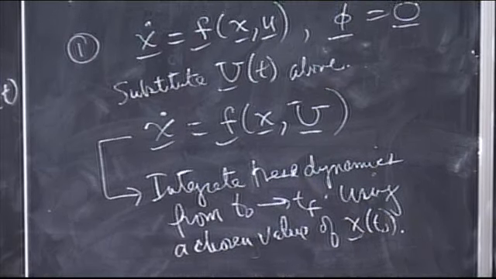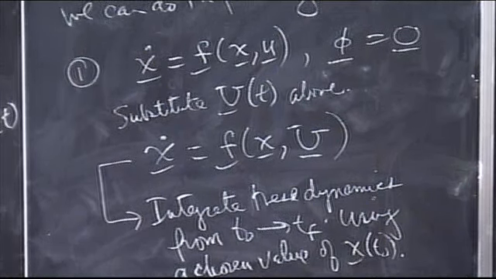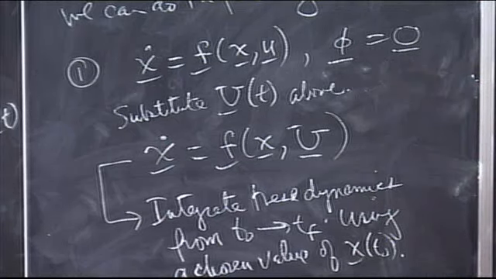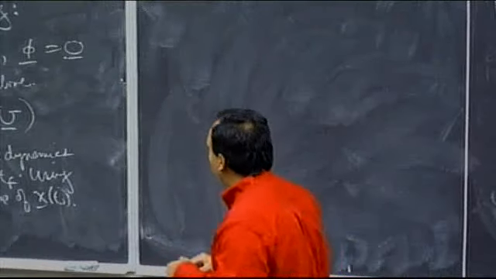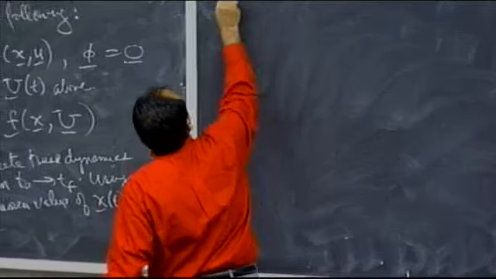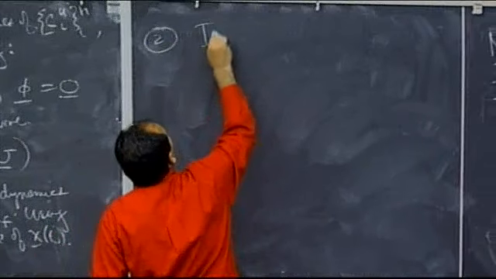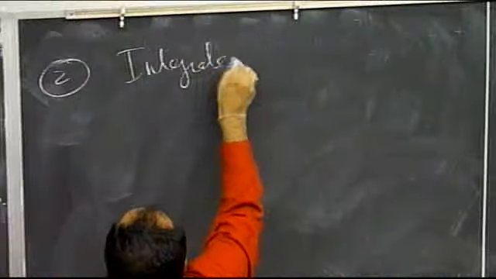But if you're smart, what you could say is, well, I'm going to pick a value of the initial state that's going to make that thing equal to 0. But the problem is I don't know what the final state is, so it may not actually make it equal to 0. Then the second thing you do is you integrate the cost